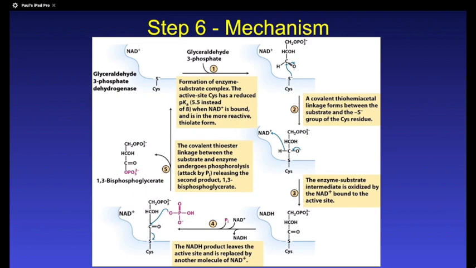It only leaves because there's an acceptor immediately there. All right. I have gotten the hydride off, and important, right here,